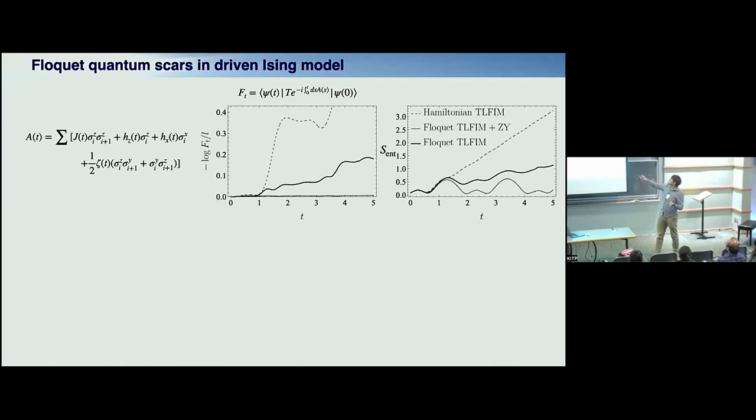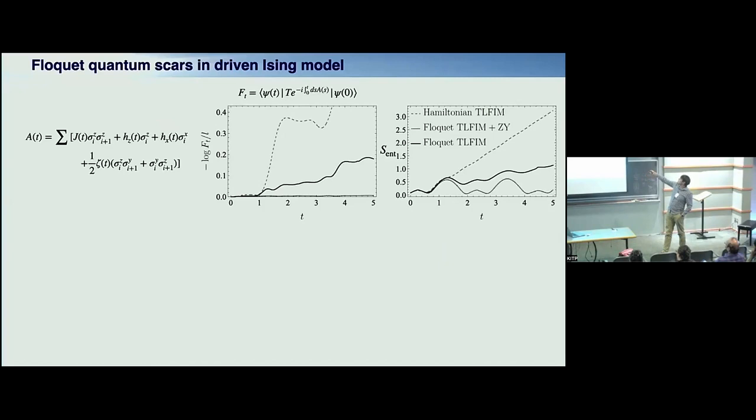So I'm doing fidelity per site. If this is 0, it means that my quantum dynamics is perfect. And you see that if I take the Ising model with constant couplings, this thing blows up. So you see that I'm not following this trajectory. I'm screwed. Now, if I take the Ising model without this term, it's way better. And if I take the Ising model with this extra term, it's nearly perfect.